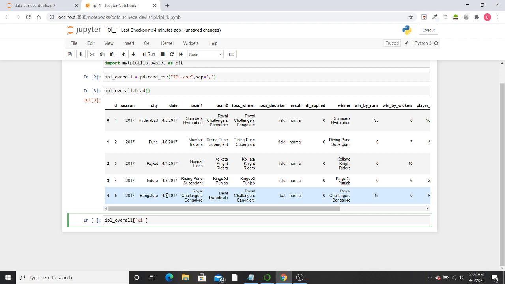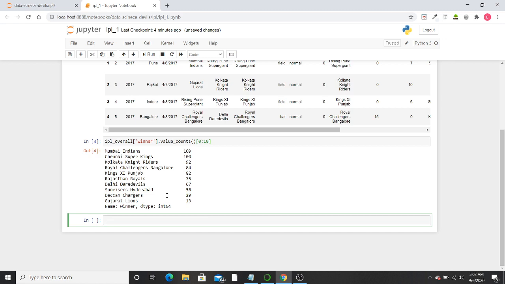Not the column name, but the entities in that column. Winner.value_counts, and I'm interested in the top 10 teams. So I'll hit enter. Now as I can see, Mumbai Indians has won 109 matches in total. CSK has won 100 matches. Though I am a CSK fan, here it's visible that MI has won more matches than CSK.